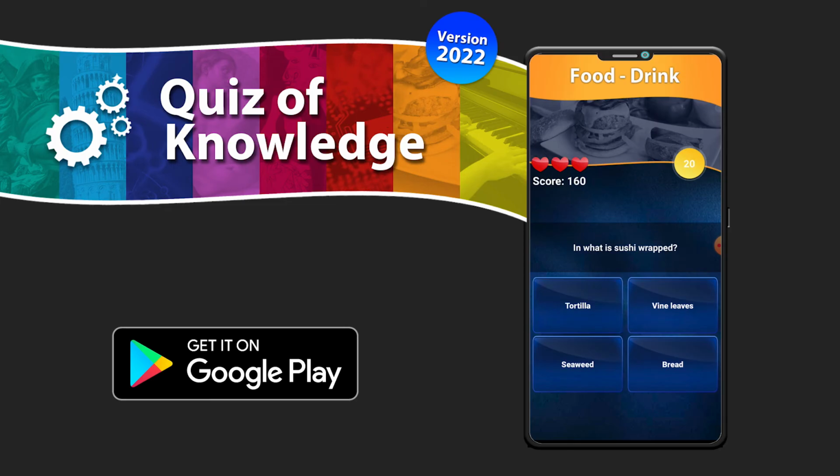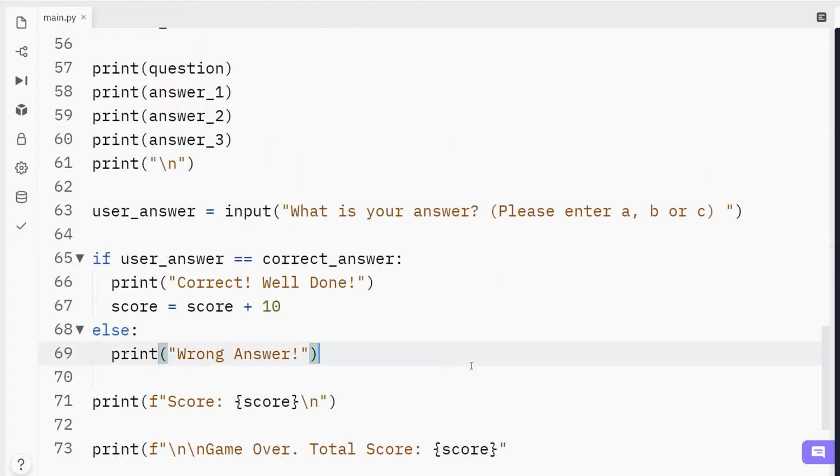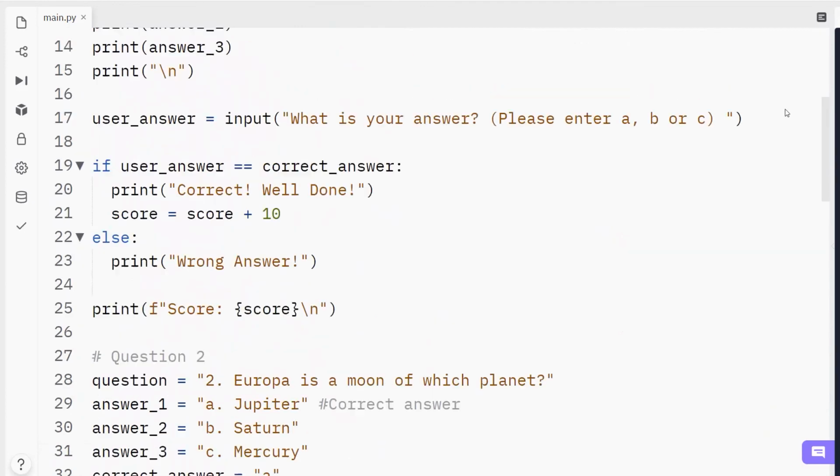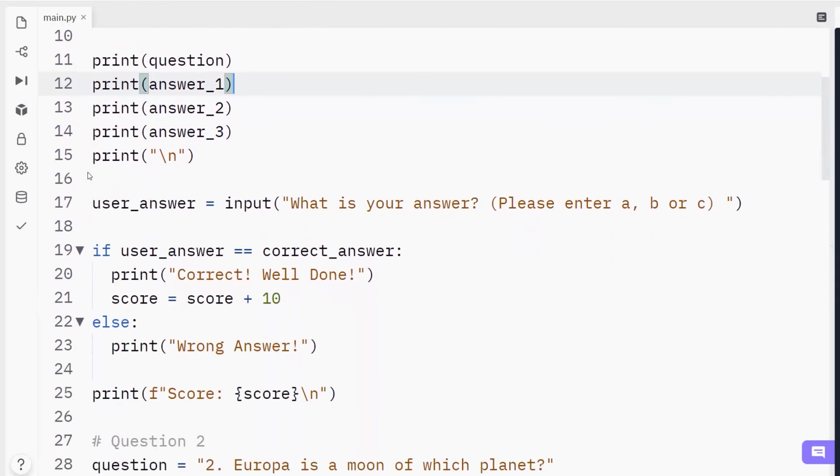If a game with just 3 questions needs more than 70 lines of code, a game with 10,000 questions, how many lines is it going to need? And did I copy and paste blocks of code 10,000 times? Is that practical? Don't worry, Python and every other programming language has many more tools that allow us to do things better and more easily.